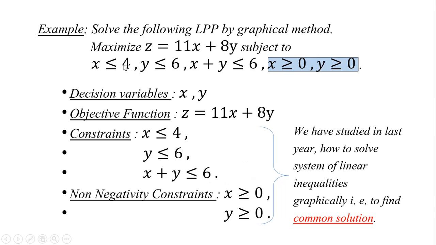So to solve this LPP means we have to find, finally we have to get value of x and y which will give maximum value of z. So let us start. Here we are solving this LPP by graphical method by corner point method. Now this corner point means these are the corners of common solution set of given inequations, given restrictions.